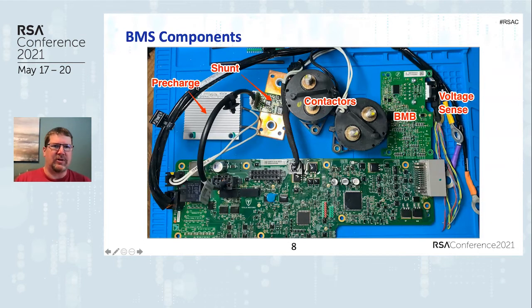You can see the shunt with the large bus bars, and then there's a small known resistance, and it just measures the voltage differential between the two of those. There's a sample B&B voltage sense connectors that actually connect to the contactors. There's a positive and negative contactor inside the battery pack. A couple other components. There's a big logic connector that goes outside the battery pack as well. That's the gray connector that you can see on the right here.